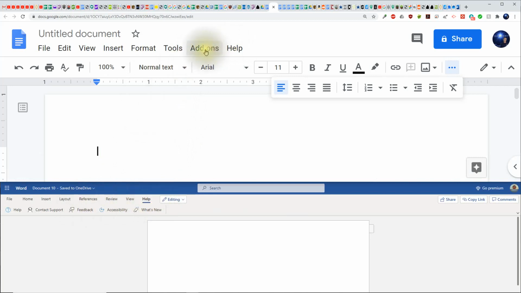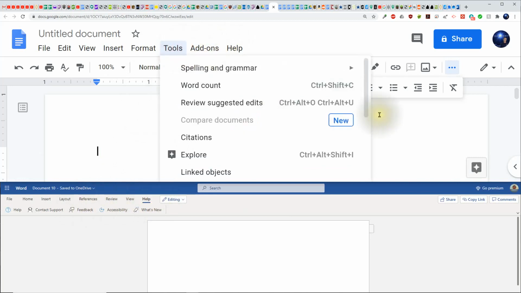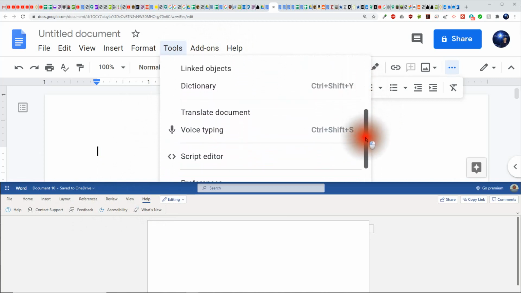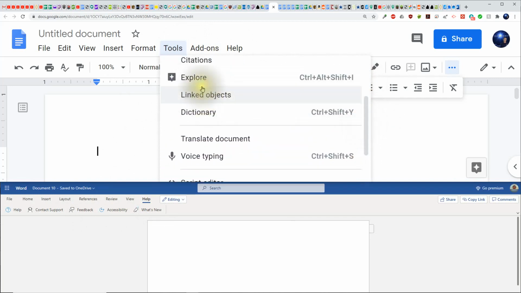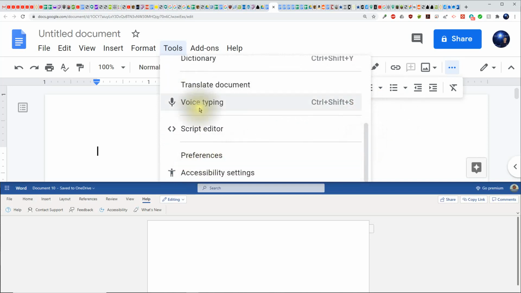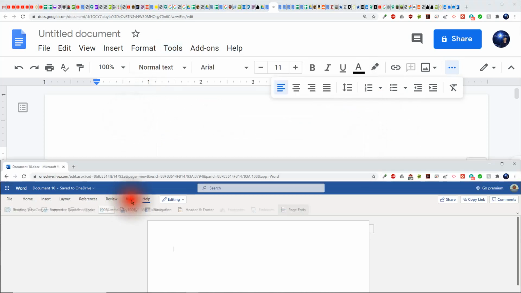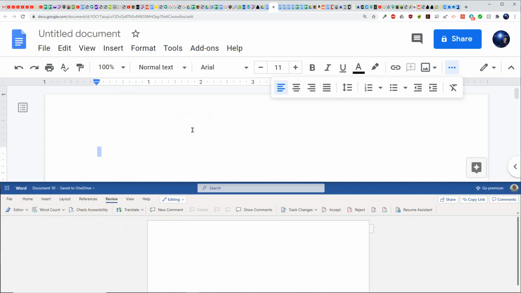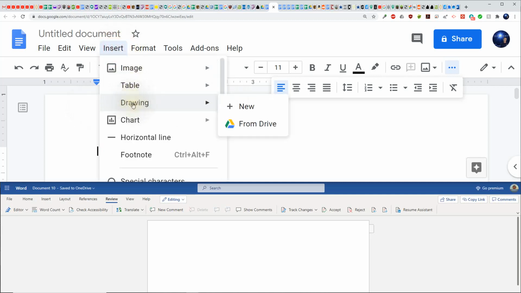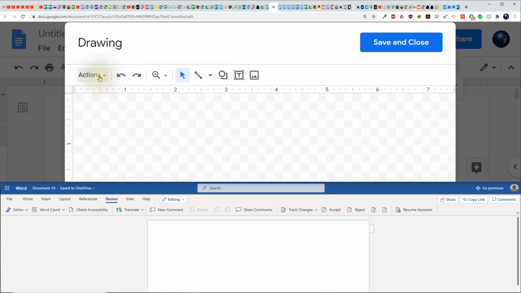If I go into Tools, you notice there's my other tools I have there, such as Explorer, Dictionary, and also Preferences, other things that are found in the Review category down here in Microsoft Word. So as far as features and tools, they're basically very equal on the standing. Difference being is I can go to Insert and then down to Drawing and New, and then go Actions,